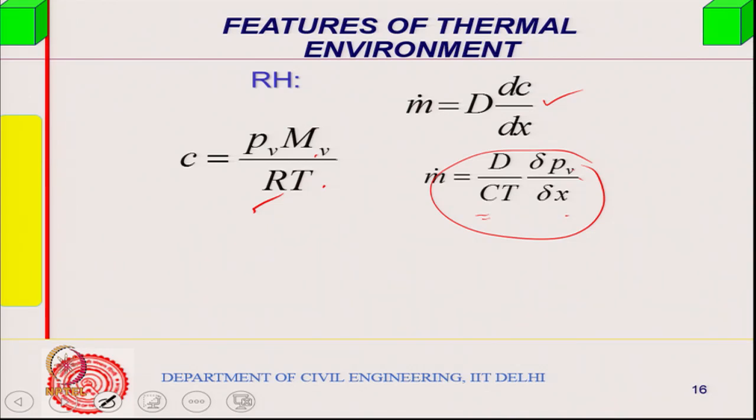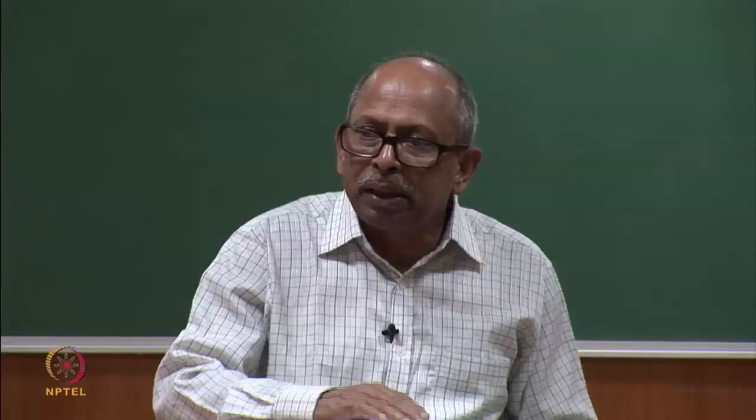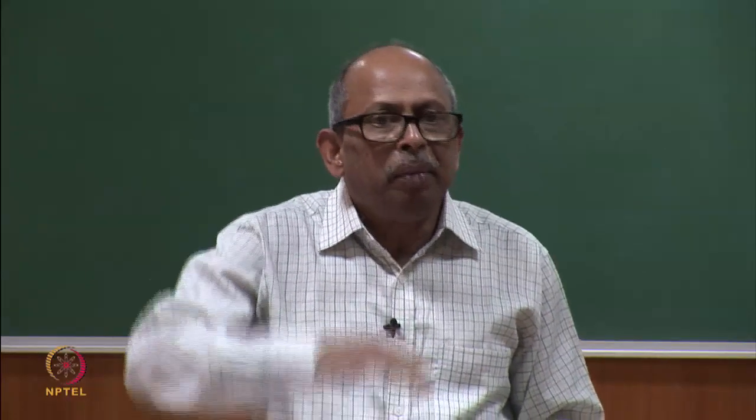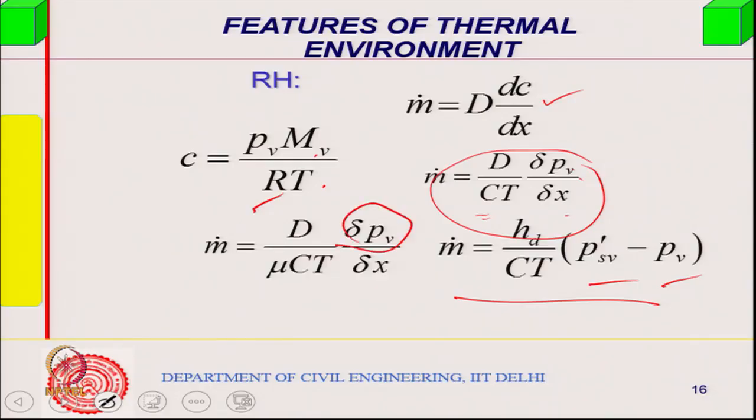Okay. So, combining these two equations, we get m dot in this manner, and you can add a friction coefficient, mu is a friction coefficient you can add, right. So, from the law of convection, delta Pb is nothing but Psv minus Pv: the saturated vapor pressure at the water surface, close to the water surface, minus the vapor pressure existing at some distance. So, that is this one, this part is nothing but this one, right, and all this we can put in terms of a